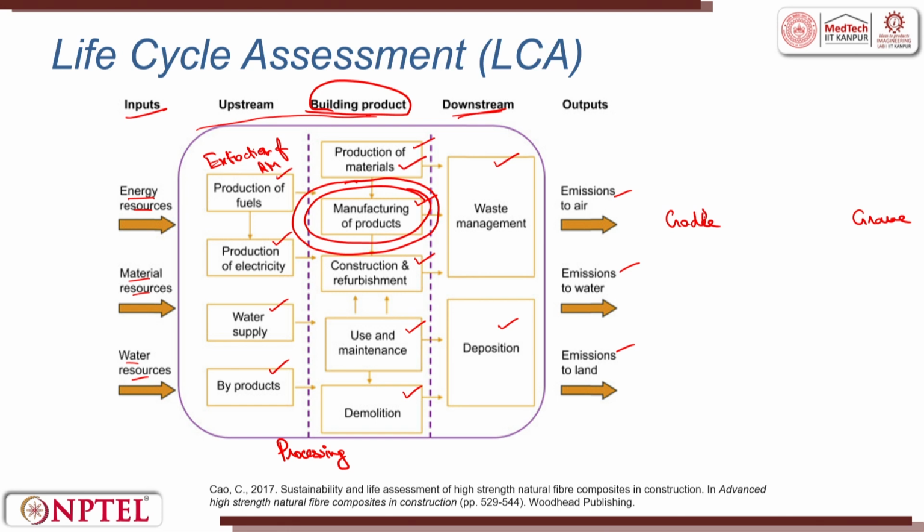When I talk about cradle to grave, in between we have multiple stop points. For example, here it could be a stop point, here it could be a stop point, here could be a stop point. We call it as stop point or halt points. We call it as gate. So what happens in the cradle, I would say it is the very beginning, the raw material. And grave is finally the end of life.